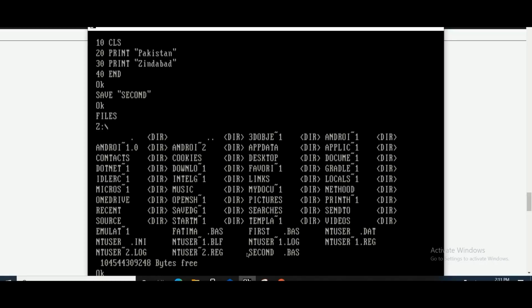Here I'm using first, second, which is not a very meaningful name, but the name of any file, whether it is a BASIC file or any other file, should be according to the use of the file. So whatever program you have made, you should write the name according to the purpose of the program. So this is list, and now I have saved it.